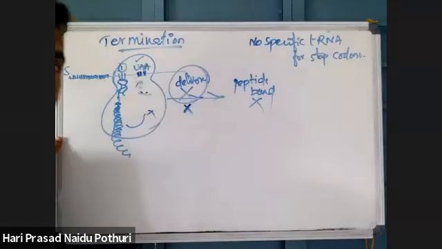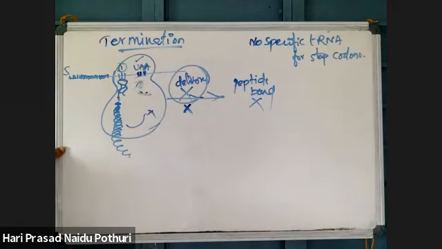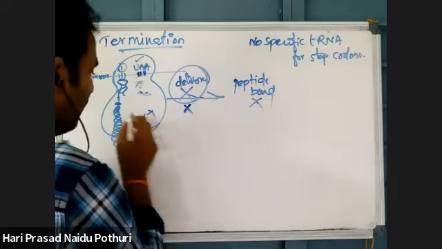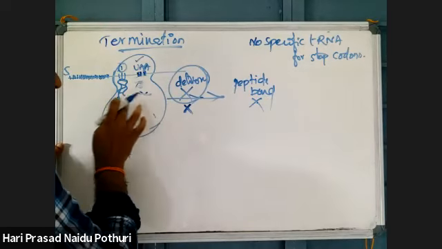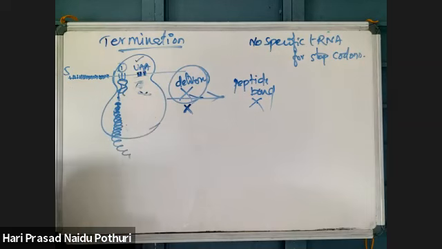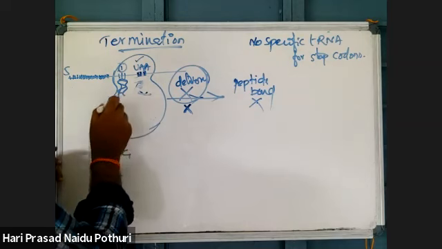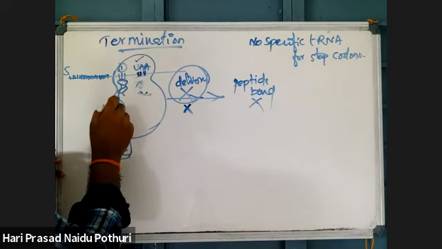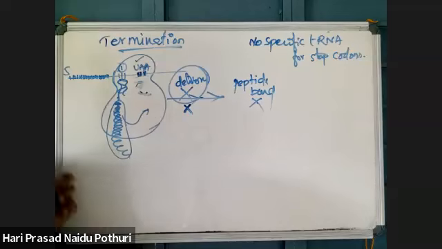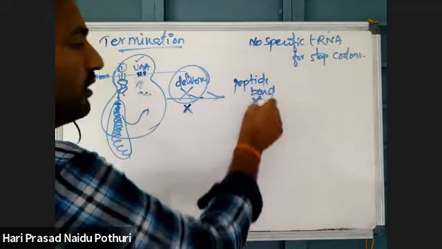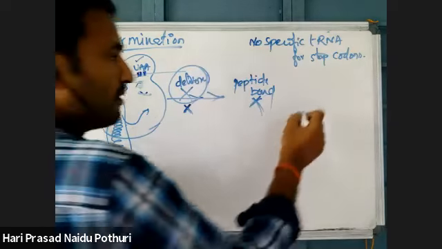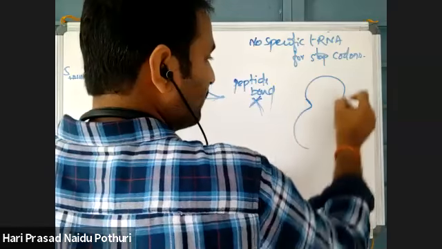So peptide bond is also not possible, which means this peptide will not come to the A site. During peptide bond formation, the peptide or amino acid present here will be shifted to this one. So that is also not possible. Then what happens? Next step,